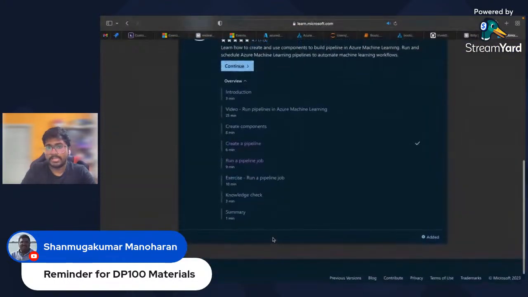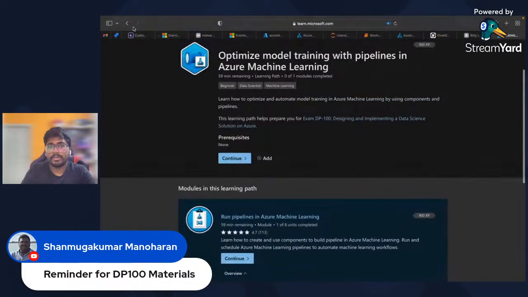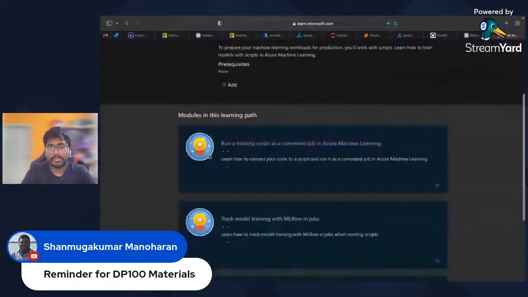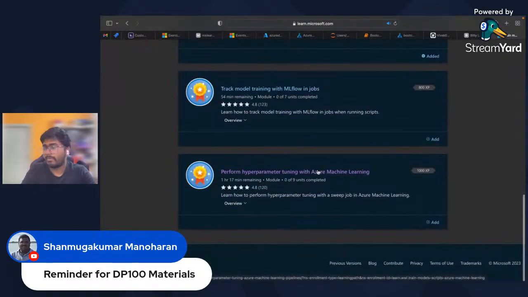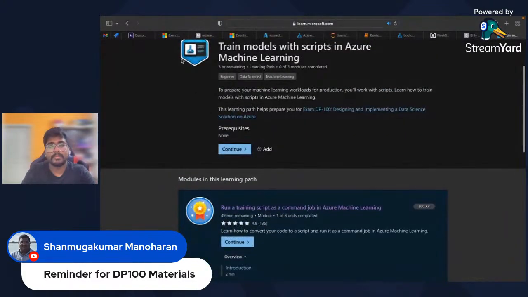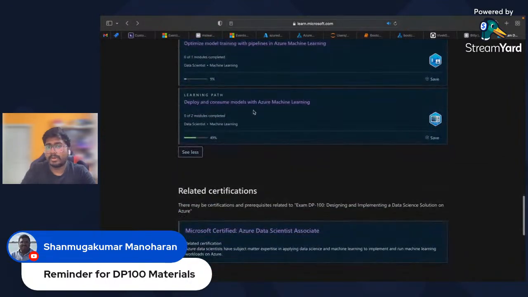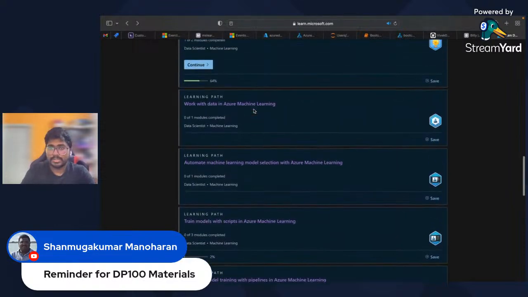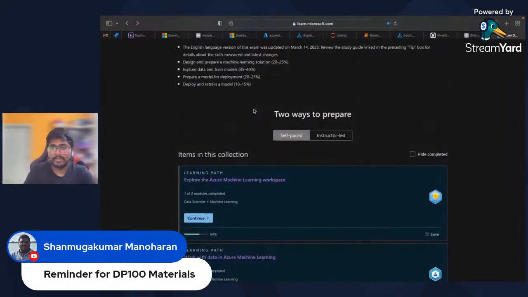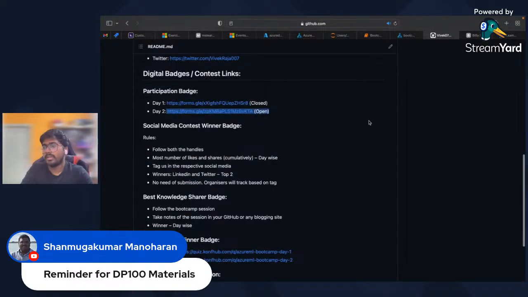And for the person who asked for hyperparameter tuning, there is a module for that as well. You can go and explore that hyperparameter tuning, which we didn't cover in today's session. We also deployed and consumed the model. We have covered 90% of the DP100. So what materials would I require? Go and learn this one. This is a free self-paced course, you can go and do it. And I'm also going to curate and send you a special learning path for you to easily become a beginner level data scientist, which I'll be sharing right away.